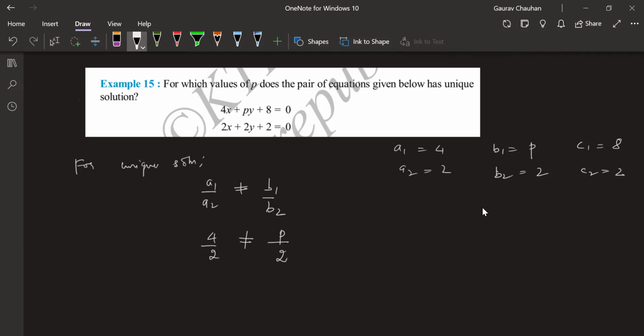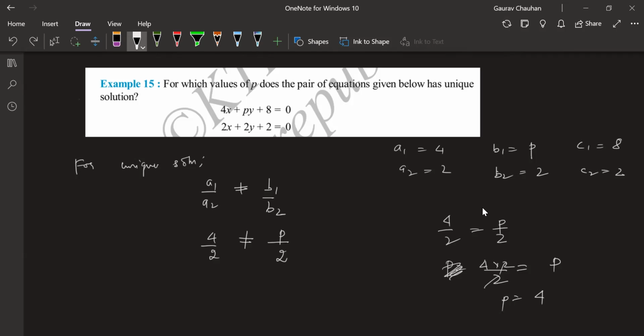Let's think about this. If this was an equation, what would I have done? You would have done 4 by 2 equal to P by 2. Taken 2 to that side, so P will be equal to 4 into 2 by 2. Is equal to P. 2 cancel. P is equal to 4. This would have been your answer. If P is equal to 4, then actually P is not equal. So any answer other than P equal to 4, any number you put, this solution will work.